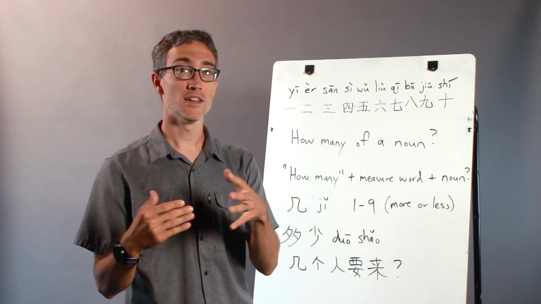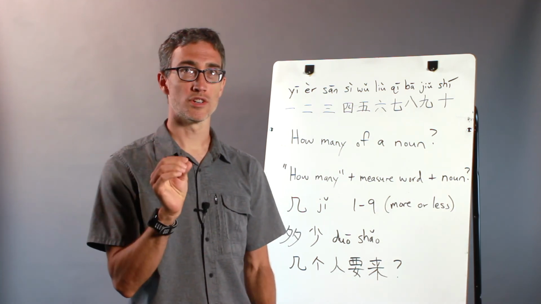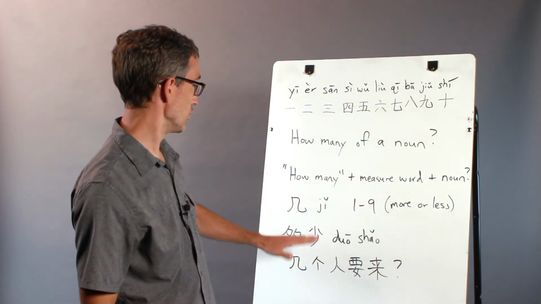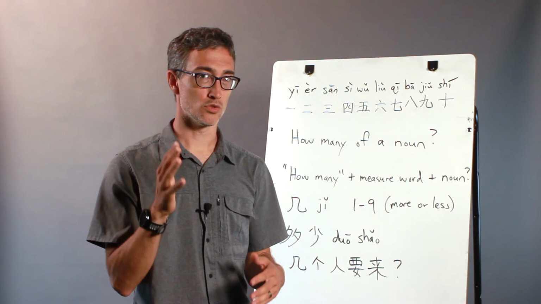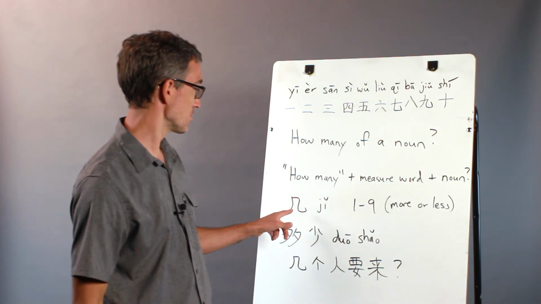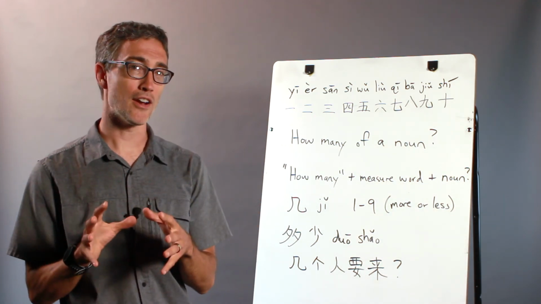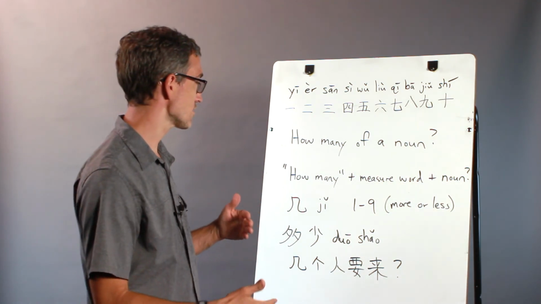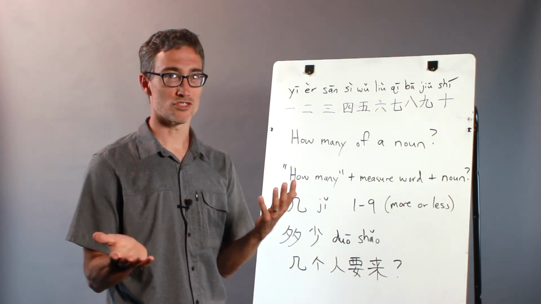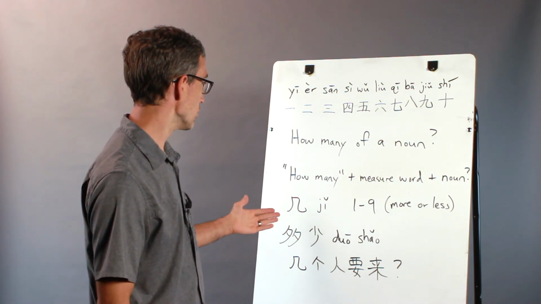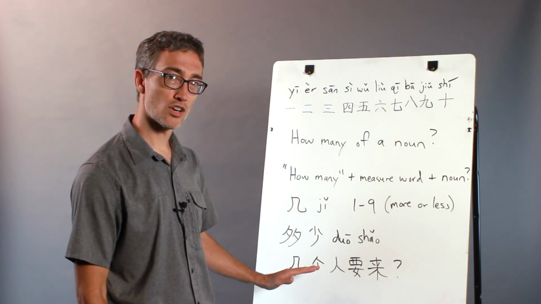It can also mean how many with a measure word. The measure word in this phrase, when you're using duōshǎo, can actually be dropped. So it's optional when you're using duōshǎo, but it is not optional when you're using ji. A little confusing, but remember the basic pattern for asking how many for countable nouns, and you'll be all set. The fact that you can drop it with duōshǎo is kind of an extra that you don't need to remember right now. So how many people? 几个人要来 or 多少个人要来